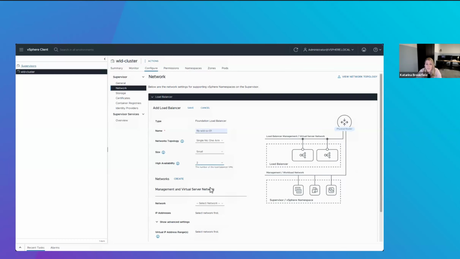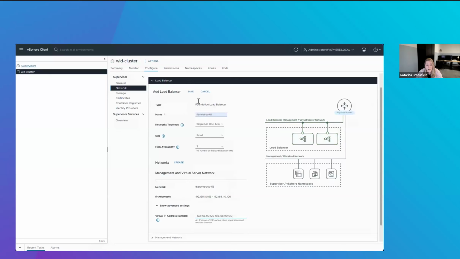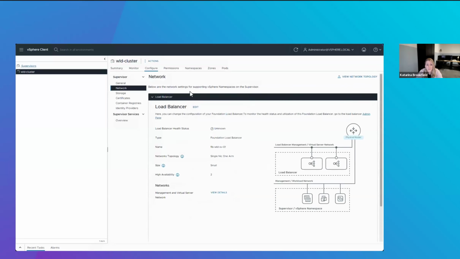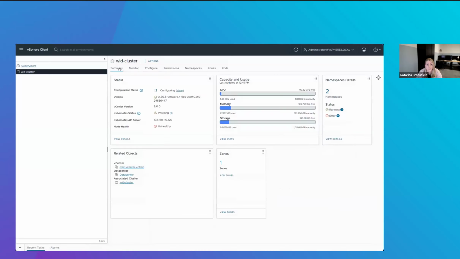I can select how many nodes I want to deploy, and then configure my network. It also shows you directly, highlighting where this traffic will be going. So this is the network that the supervisor uses. Again, we'll just give it a very quick range of virtual IPs that it can use, and that's all that's required. So directly, very simply, I can add a load balancer and unlock the further